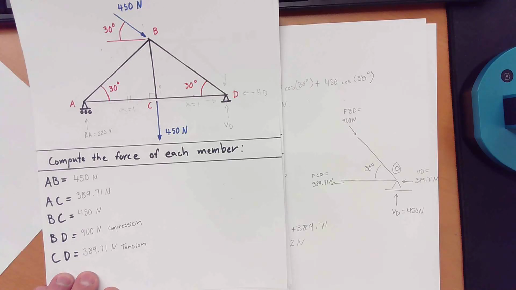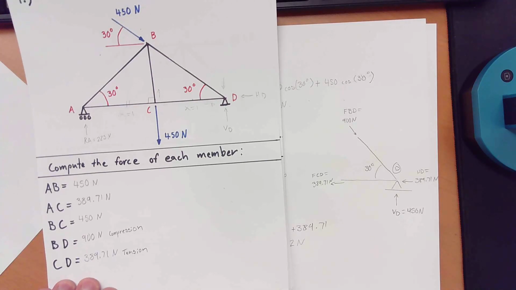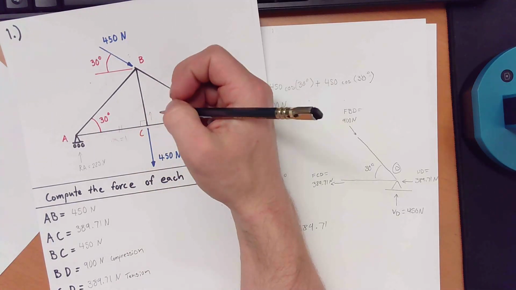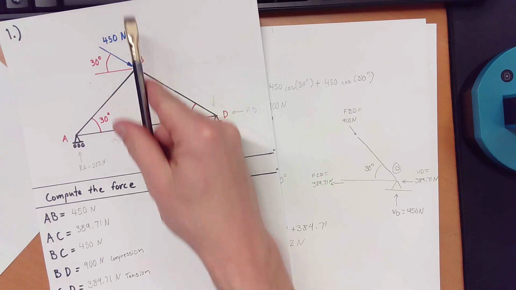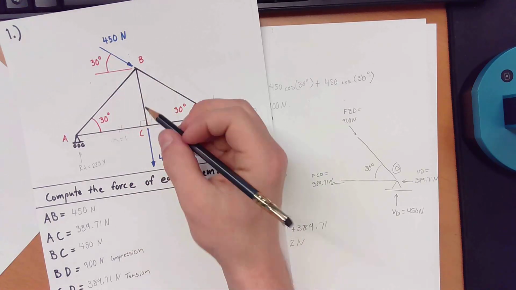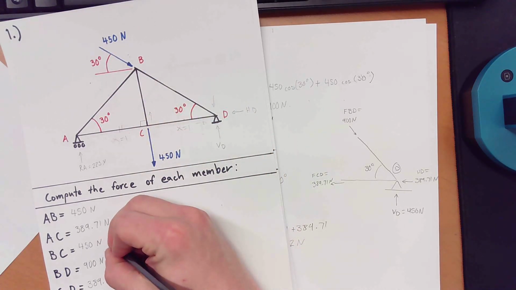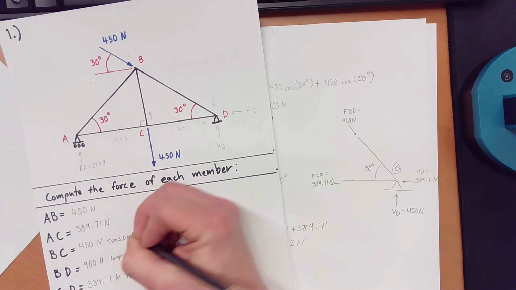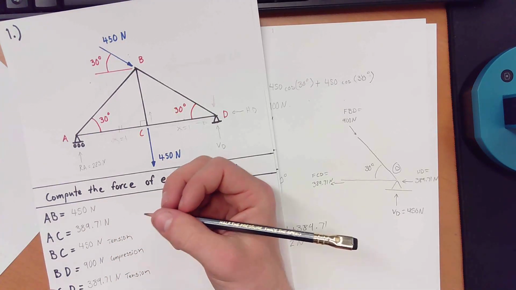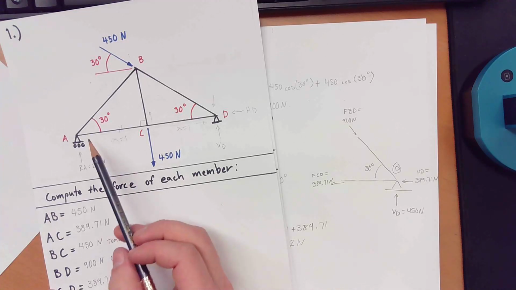Hopefully you're able to figure out the other ones. So BC in the middle, we have all the force going down. It's being pulled away from the top point, point B. So that's another one that's going to be in tension. AC,